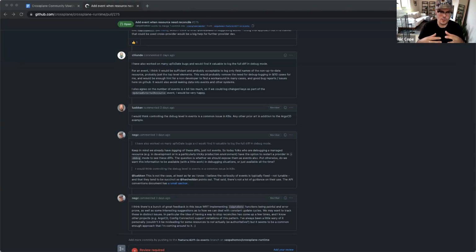So my personal opinion on this is that the sweet spot is having this enabled in debug logs, but not having it enabled in the actual events that are output. But the main reason I bring this up is just to bring it to folks' attention. I would love it if people could open this issue, have a read through, and weigh in on what you think here.